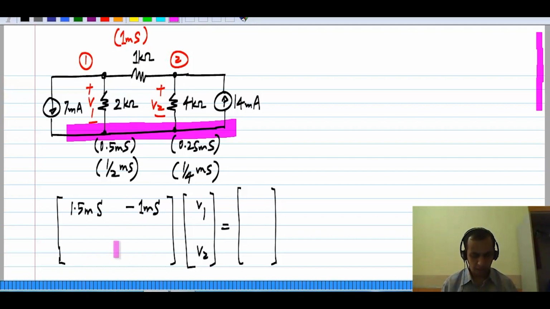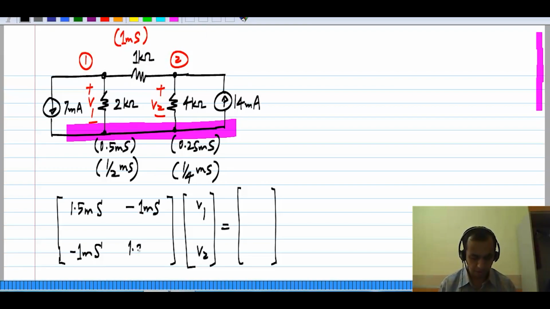Similarly, this one, which is also the conductance between nodes 1 and 2, is minus 1 millisiemens. We knew anyway it had to be like this because we know that the conductance matrix is symmetrical. And finally, the last one is the sum of conductances at node 2, which is 1 millisiemen plus 0.25 millisiemens,